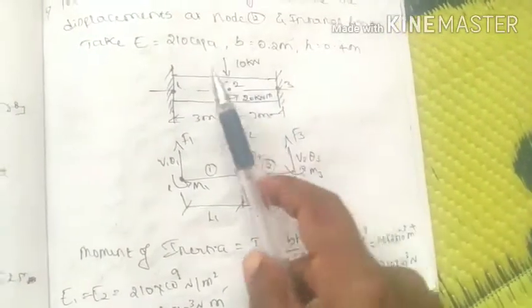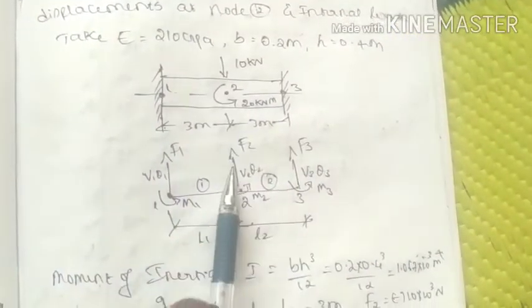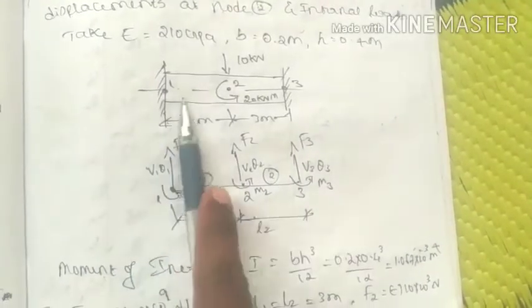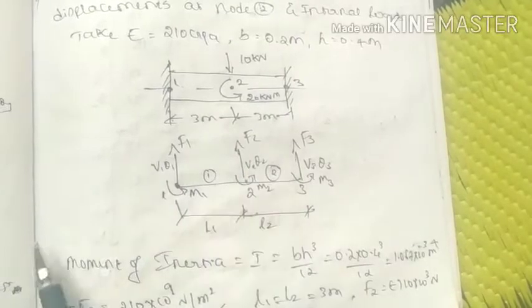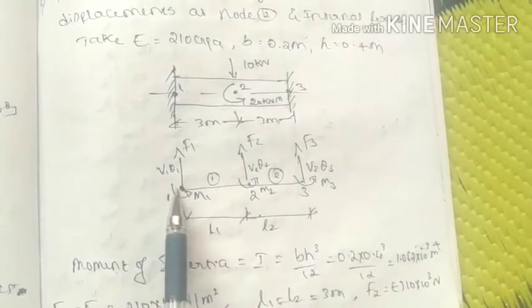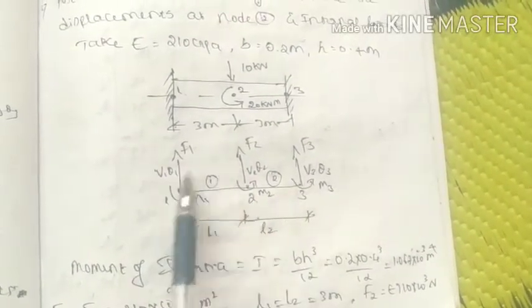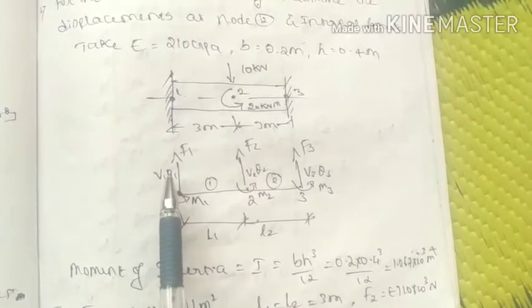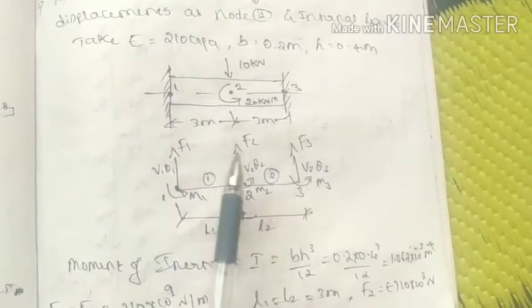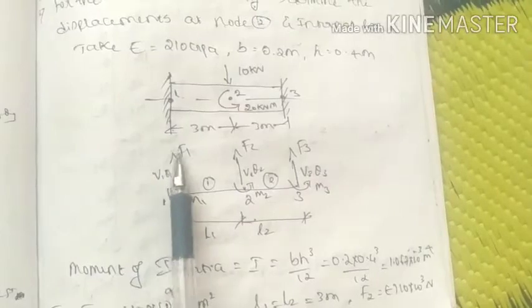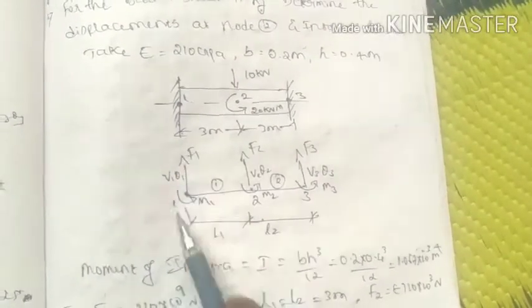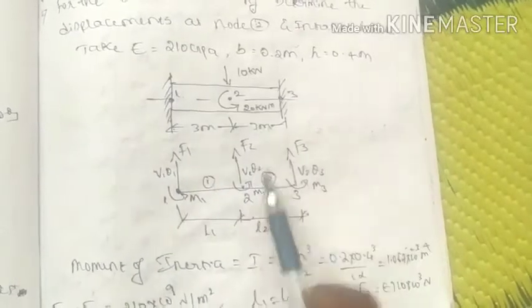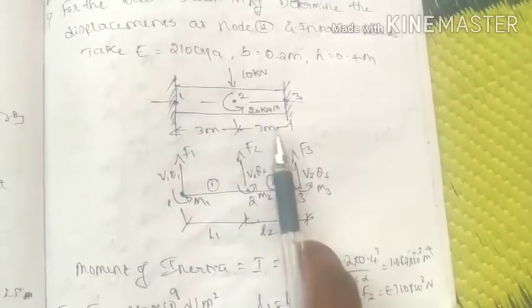So as usual, the first step is to convert into an FEA model. So let's divide with respect to the same points only. We are going to divide into two elements, with node 1, node 2, node 3, and the corresponding nodal displacements are V1 theta 1, V2 theta 2, and V3 theta 3, and these are the nodal forces, that is point load and moment F1, M1, F2, M2, F3, M3, and L1, L2 equal to 3